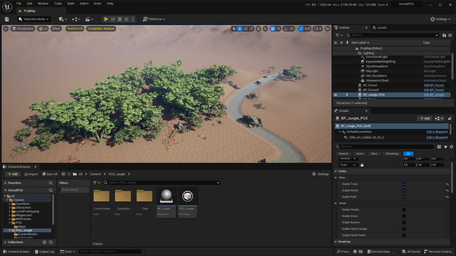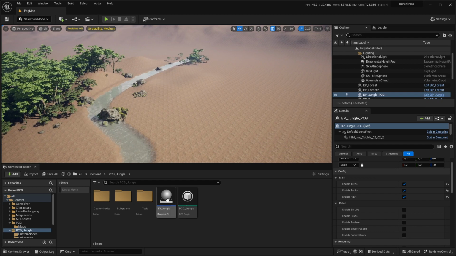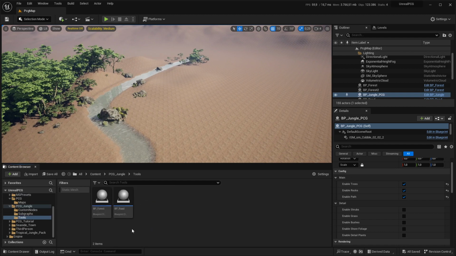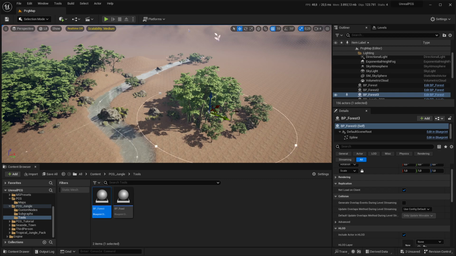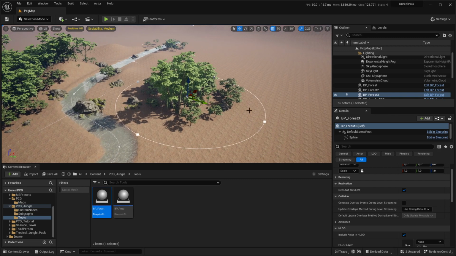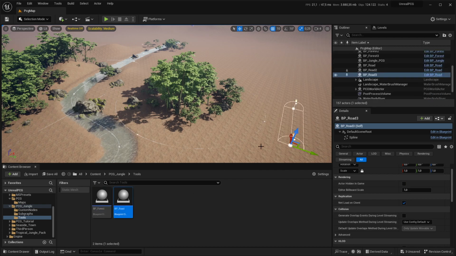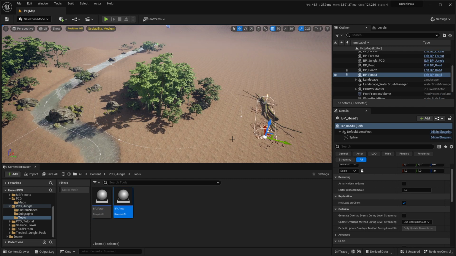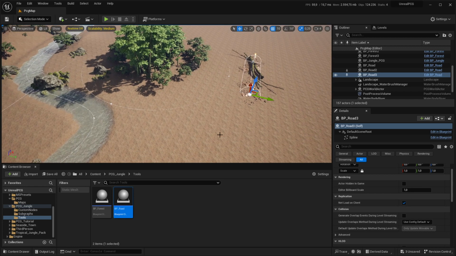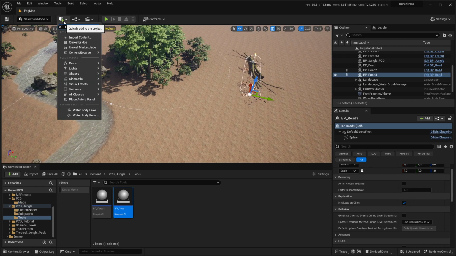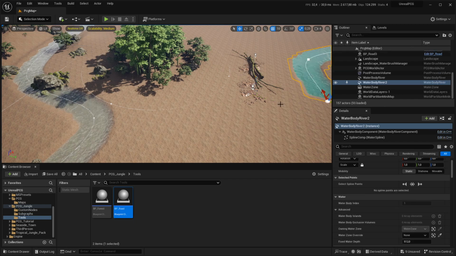I've made three distinct brushes, I'd say. The first one is a BP forest, which is simply a round spline that is tagged with the forest biome tag, and that's how you get, I covered how to get spline data from that in a video. The second one is road, which creates the path. And the third one is not actually a tool that I've made, but Unreal's default river splines and water tools. So if I drag in a river body,